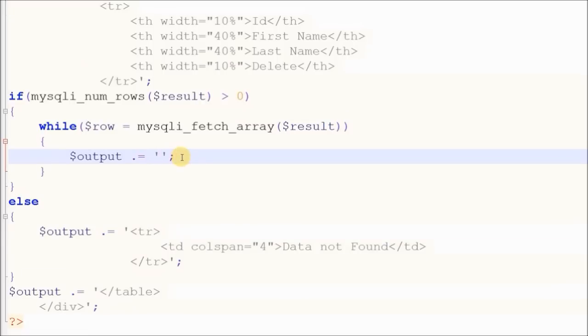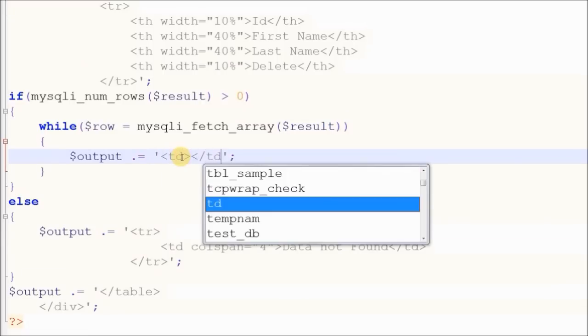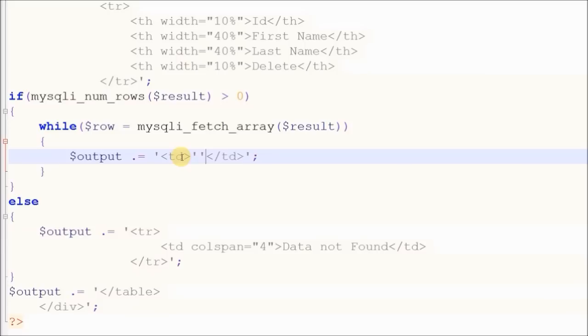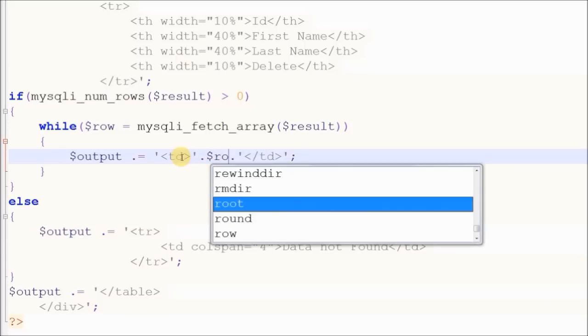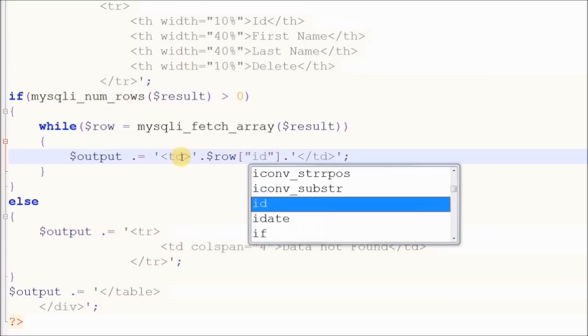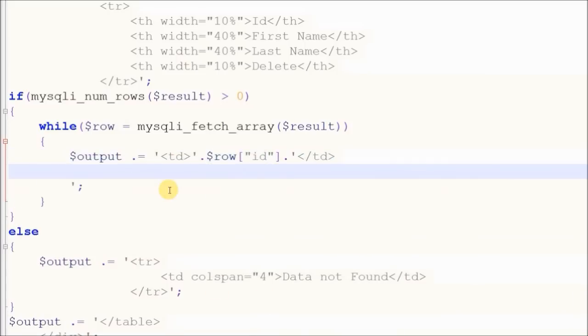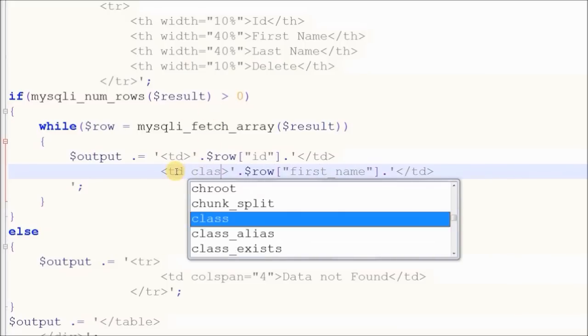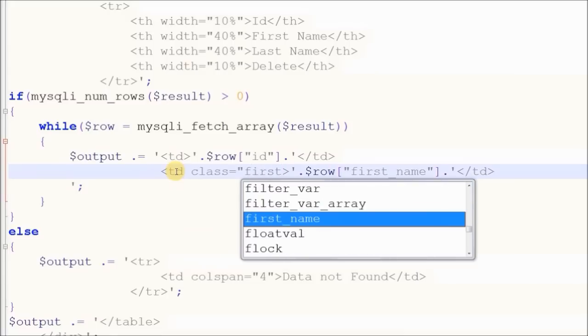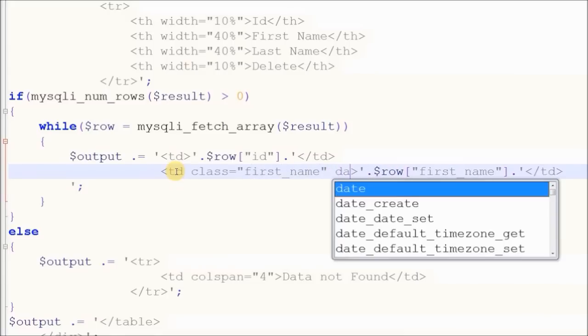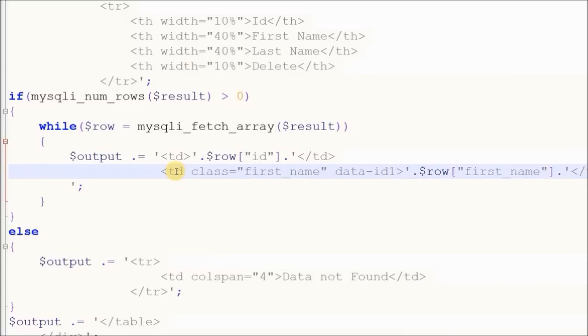There are 4 fields in the table. First field is id. Second field is first_name. In this I define a class with the name first_name for the jQuery selector. In this field I also define data attribute 1 for storing the id of the row for this field. For live table edit I use the HTML5 contenteditable attribute. The contenteditable attribute specifies